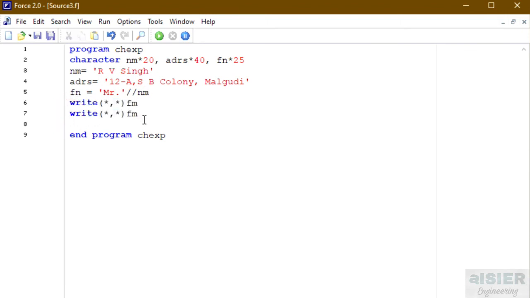In this write statement we will write local address, and then we will combine this text, local address, with ADRS using the character operator. And then we will write the end statement.